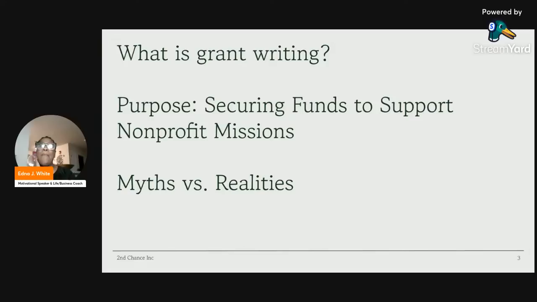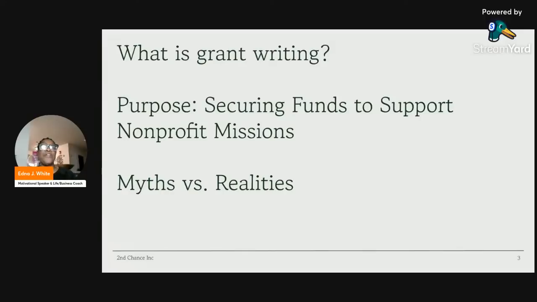Now, here are the common myths that I've heard from my clients about grants. Grants are free money. They come with accountability, guys. They come with honesty. It is free money, but you have to give them something to hang their hats on that makes this free to you. You have to be big to get grants. Not everyone has to be a big organization. You can be someone with just one person in a nonprofit. Small and new organizations win grants too.